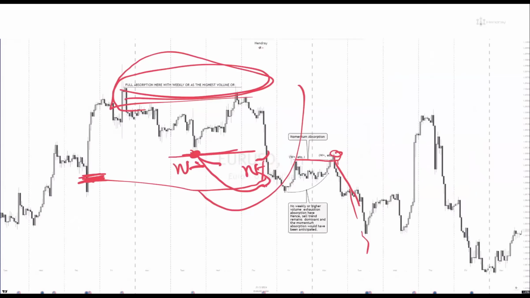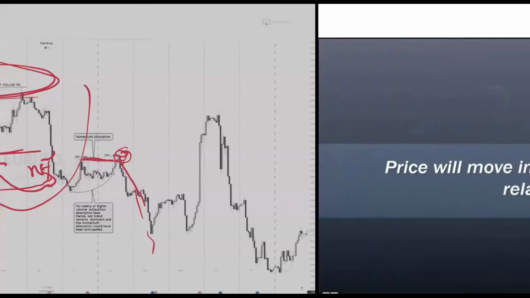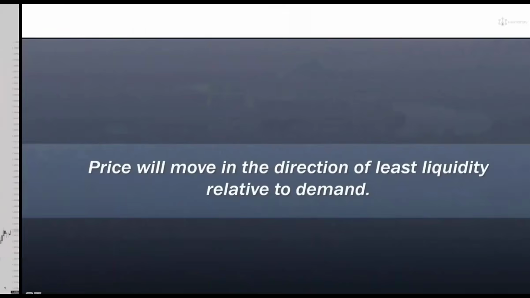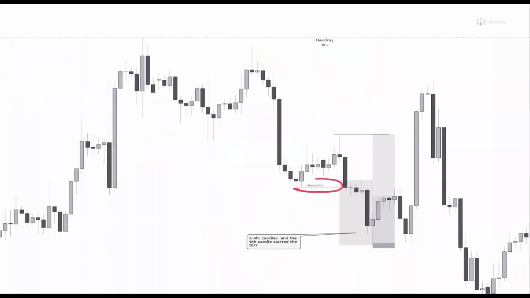This one here. All right, this weekly, I use it in momentum absorption. I use it here. I use it everywhere. Let's see what happened after absorption started at the low, for the buy that happened next. At this low here, we have W plus. This new week opened as a buy, like I told you guys, to raid this and continue selling. But the flip point to sellers is at this low for that week. So the aggressor that came to raid this passive low was W minus, showing that absorption has started.